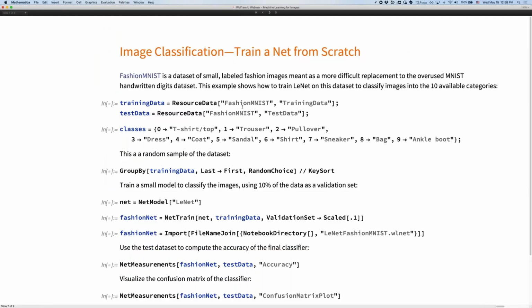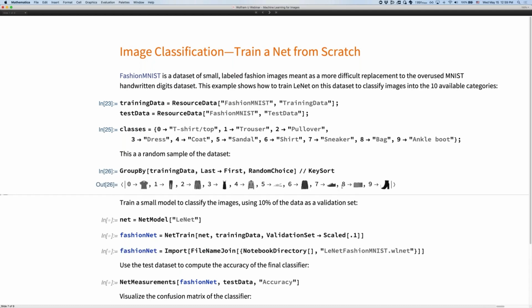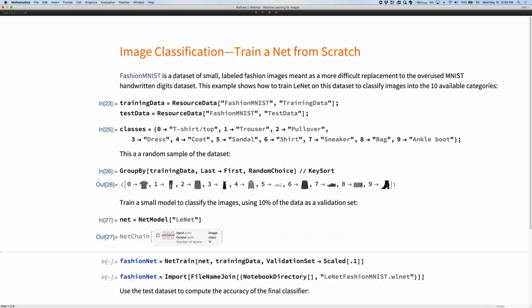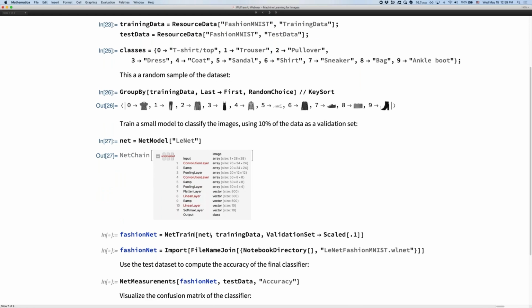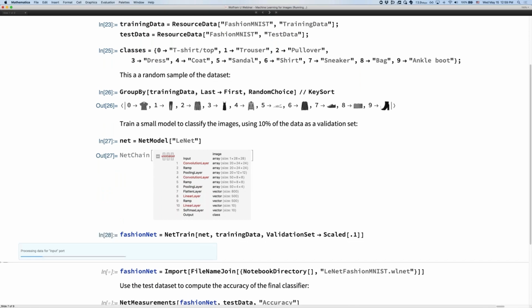Now, what is the next big thing we can do with these neural nets that are available through these repositories? One very useful case is to get a network, just take a hint from the structure of a network, and then train it on your data set. So in this particular case, I'm getting Fashion MNIST, which is a newer version of MNIST on various different types of clothing. And then I'm also getting LeNet uninitialized. If you look at that, none of the layers have weights. And then basically I trigger NetTrain on that data set.